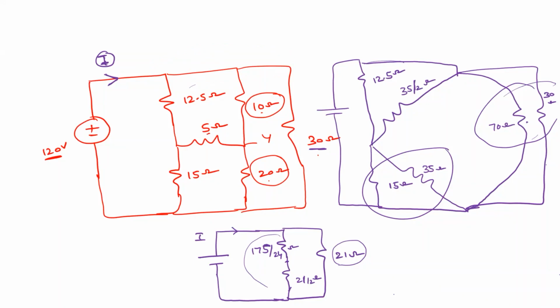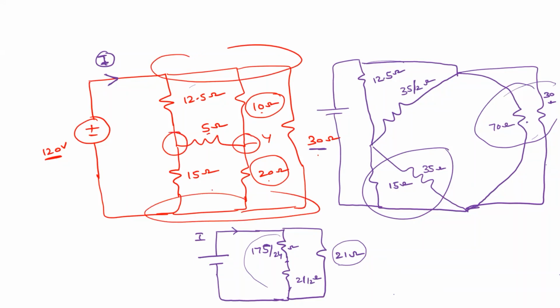See here, the thing is that it will be complex, right? How many nodes are there here? Four nodes. This is one node, this is another node, this is another node, and this is another node, right? Four nodes are there, so unnecessarily it will be complex, right? Yes sir. Okay.